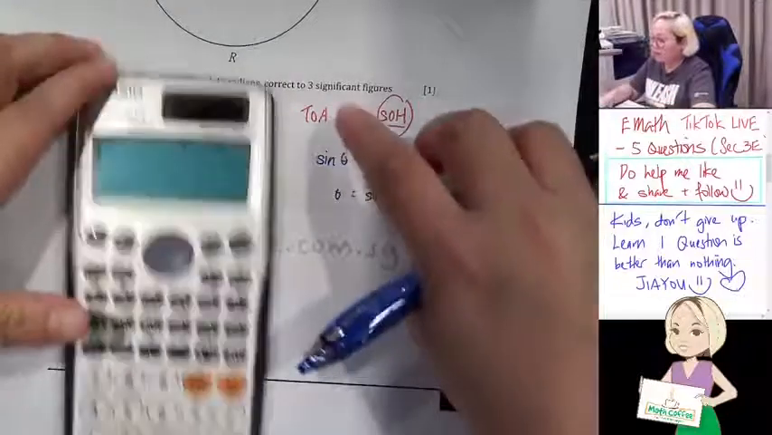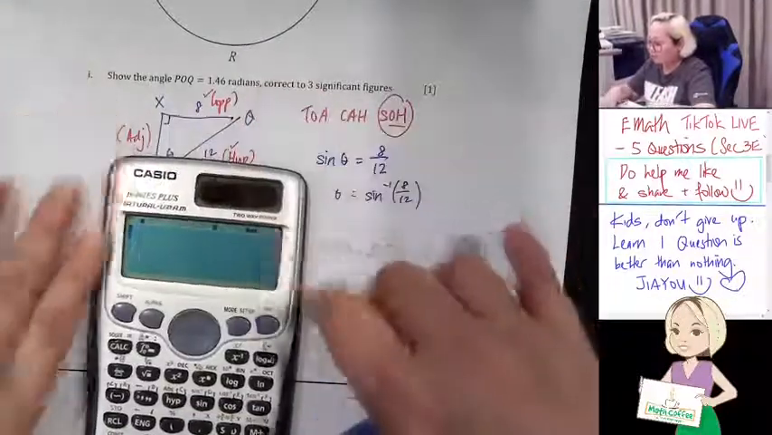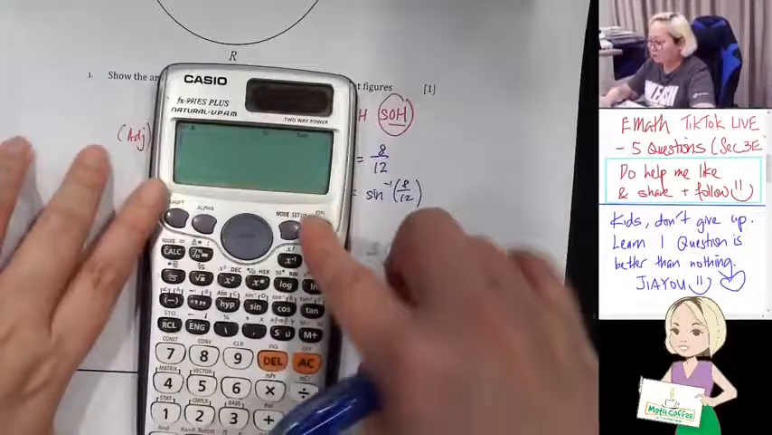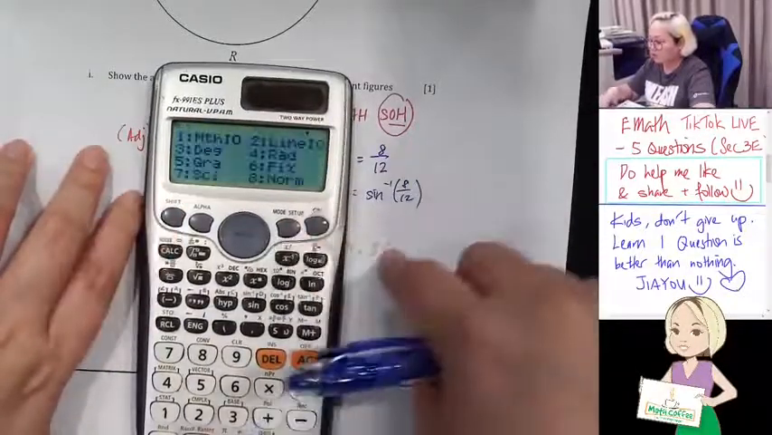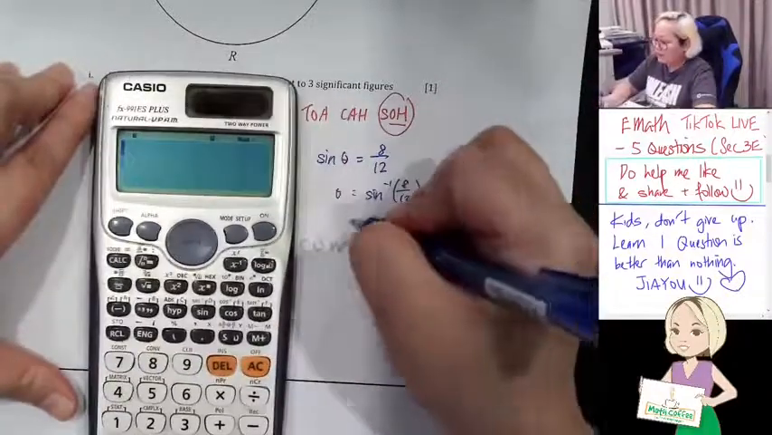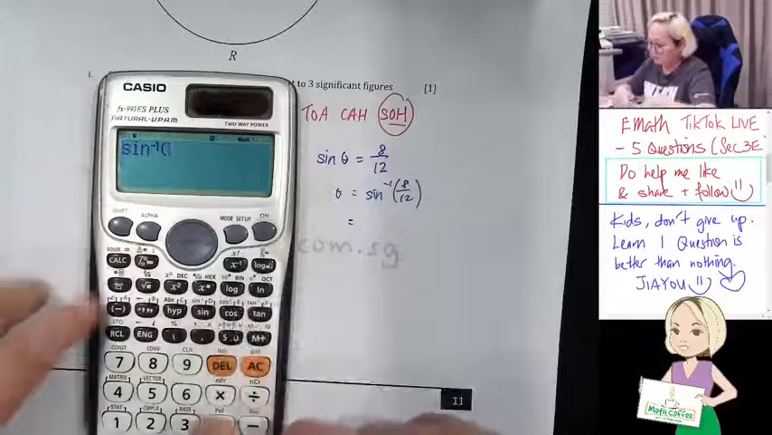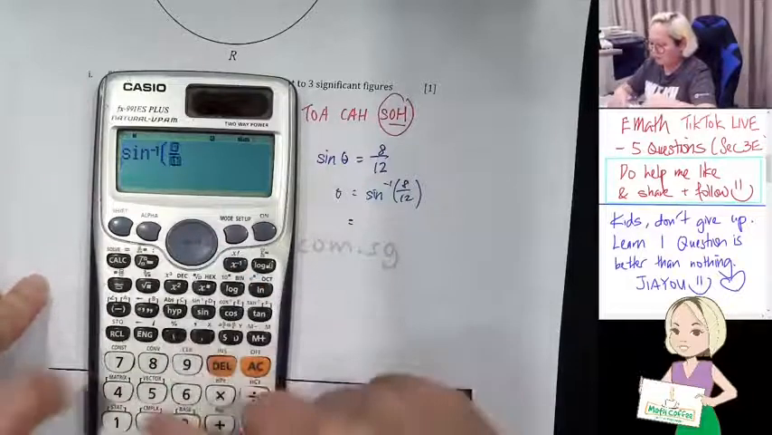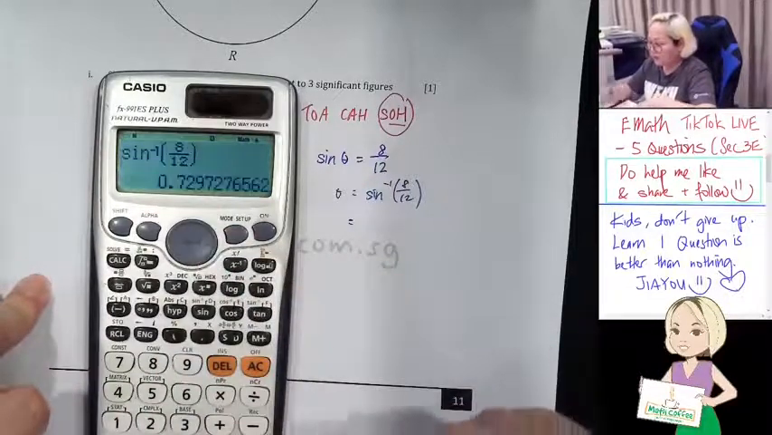Since I know that I want to show the answer in radian, I go to radian mode. So change to radian mode: shift, mode, radian, which is 4. Then after that, I will key in sine inverse 8 over 12, and I will get